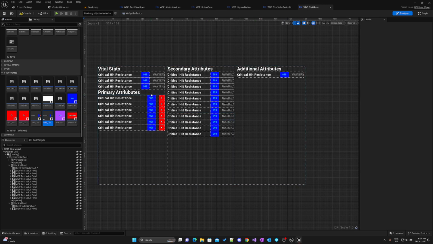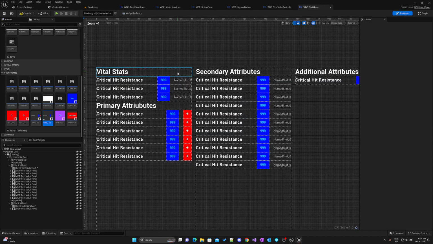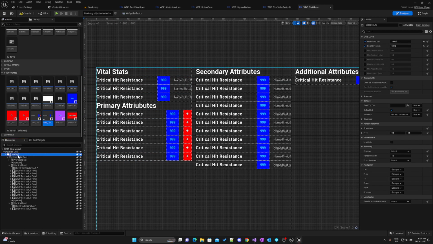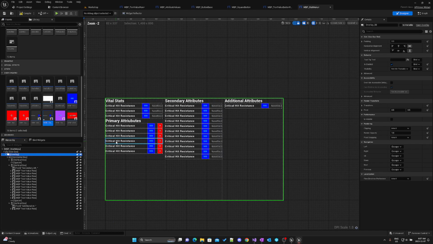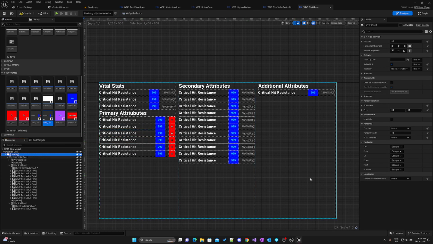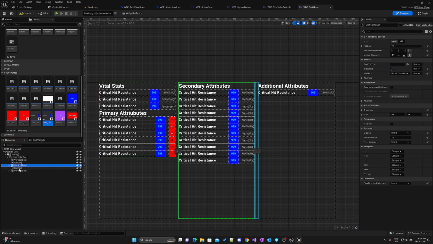And I know it looks like a mess right now, but you know what? We got to start somewhere. So what I did was I took my size box and then my overlay, which we had before we started, and then I decided to have three main columns of data. So I put a horizontal box in, and then inside the horizontal box, I put in three vertical boxes,